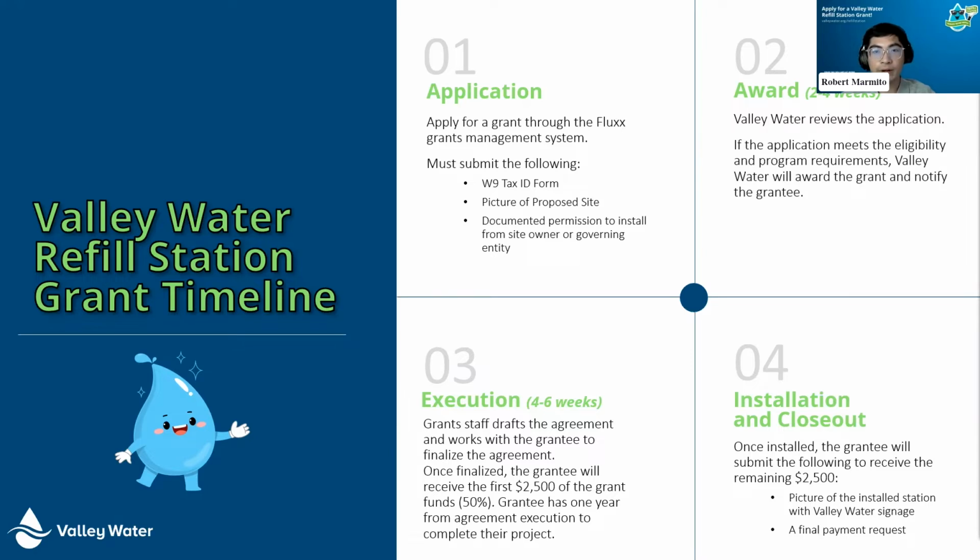And then from there, we move on to the award stage. The award stage consists of program staff reviewing the application and providing any follow-up that is needed. Once all the follow-up is met and all of the documents are submitted, and if the application meets all of the requirements, Valley Water will award the grant and notify the grantee,